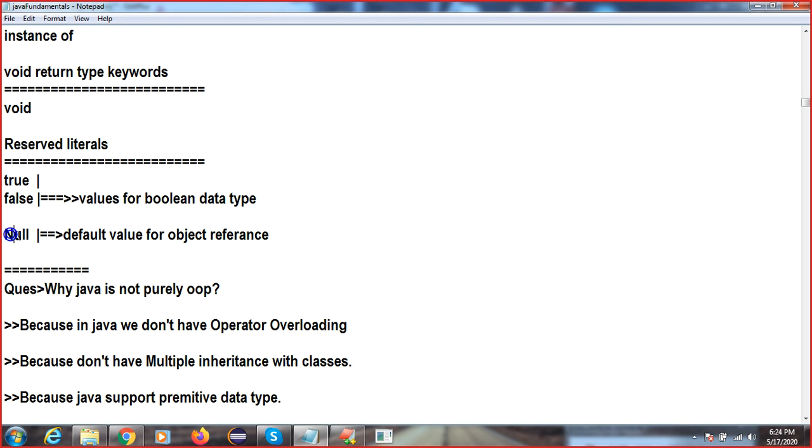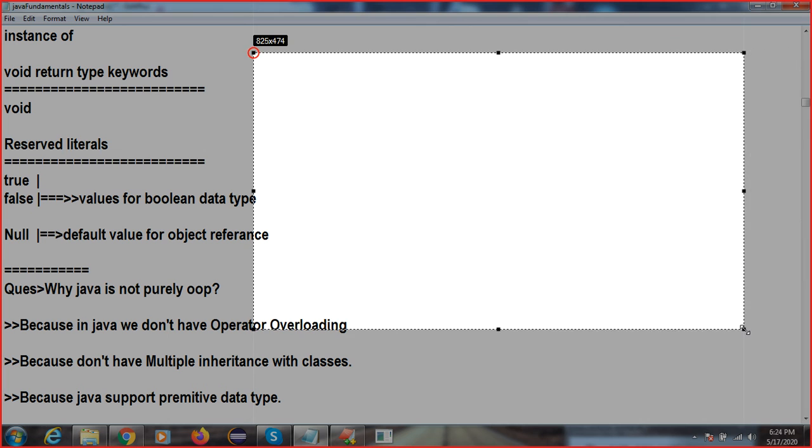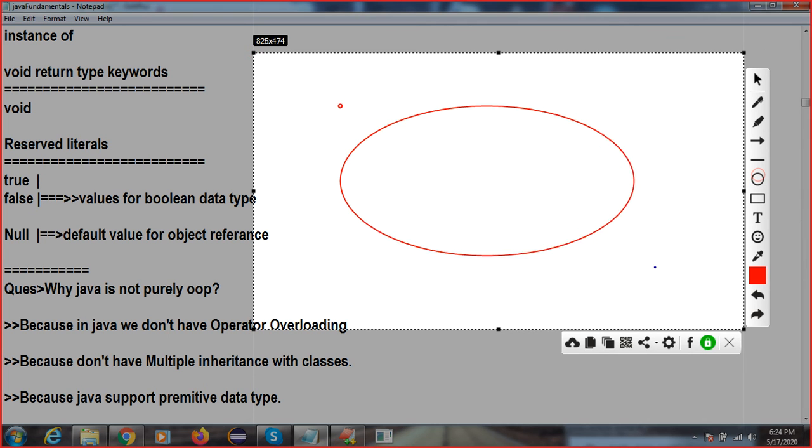One interview question is: what is null and what is a NullPointerException? This is a favorite interview question. Null is the default value of an object reference. When I say object, it means memory.